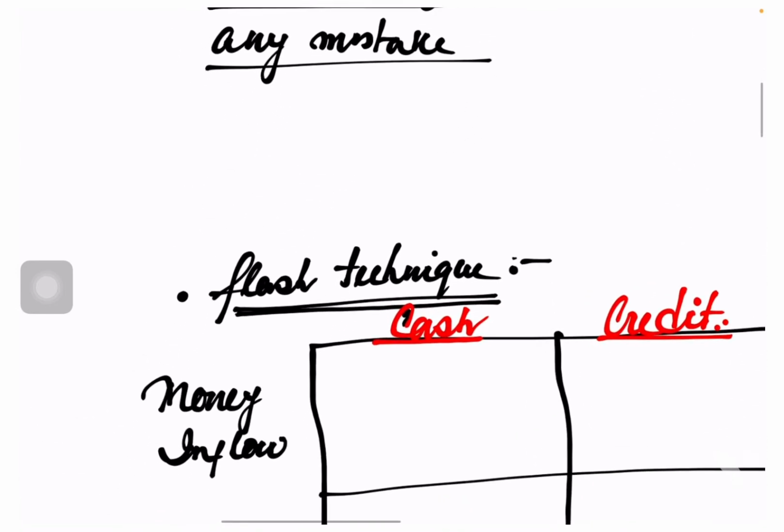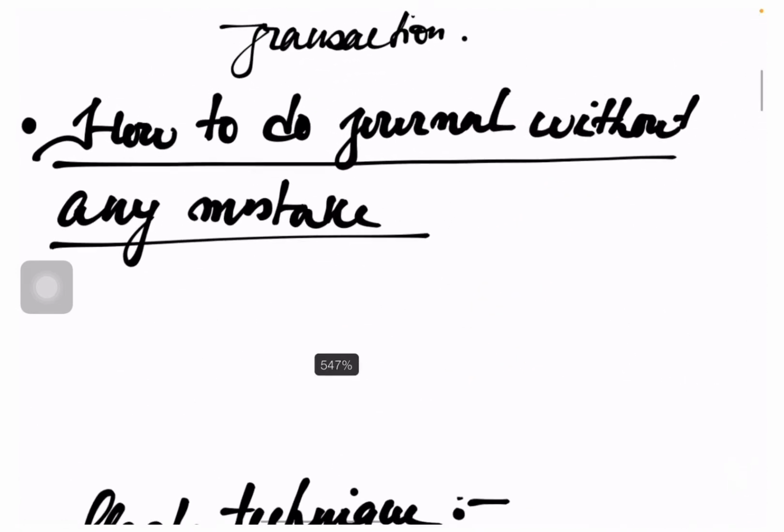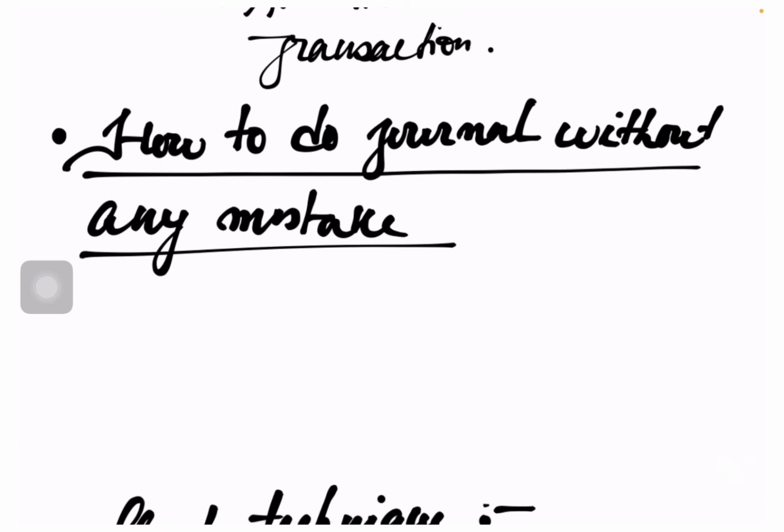OK, now coming to that very important question, how to do journal without any mistake. How to do journal without any mistakes. Finally student, let me tell you भाई, अगर तुमको ये लग रहा है कि without any mistake at a single time, in a single attempt हम लोग कर लेंगे, इतना आसान नहीं है. You have to understand, लाइफ में अगर कुछ चीज सीखना चाहते हो, you can be perfect only once you have done a lot of failures. Overcoming failures makes people perfect.